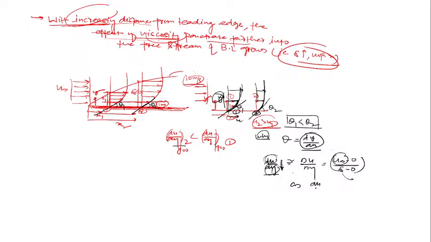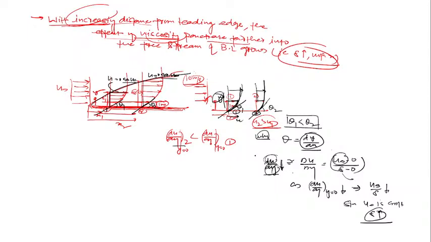So as du upon dy at the wall at y equal to 0 decreases, this implies u infinity upon delta also decreases, and since u infinity is constant, this implies delta has to increase. That's the meaning, and that's why the boundary layer thickness increases. Delta is where the velocity is 99% of the upstream velocity. At point 1, only this much distance is needed for the velocity to reach 99%, but at the second point more y is required for the velocity to reach 99% of upstream. Is this clear? Is the reason clear?